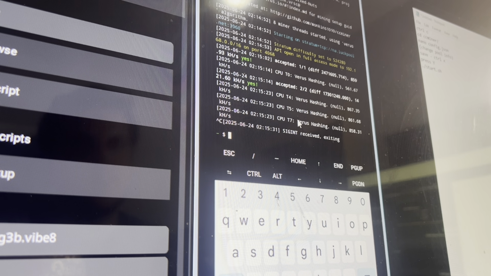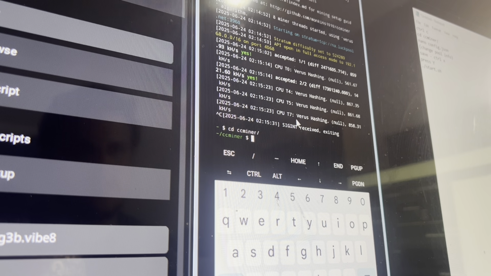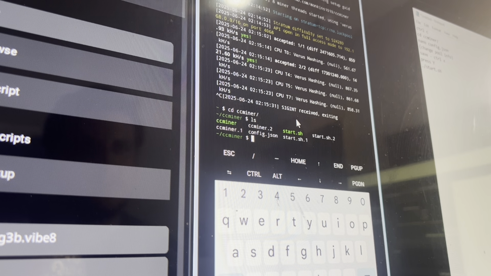Then you're gonna wanna type in CD space CC miner slash. Then that puts you in that folder. You can do LS to list all the items that are in that folder, and you see that there is a config.json in there. That's what we're interested in editing. So you're going to use nano, N-A-N-O, type that in, space config.json,